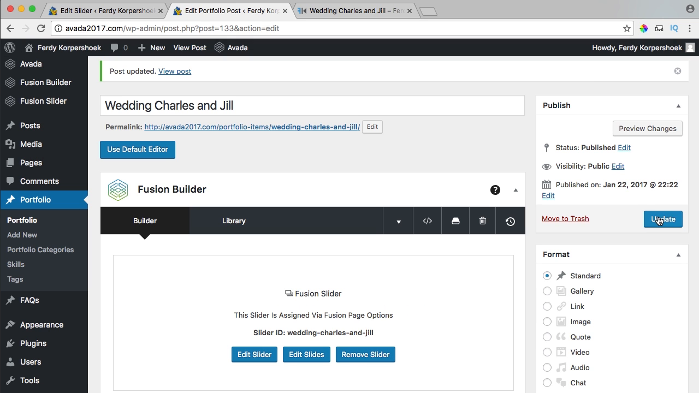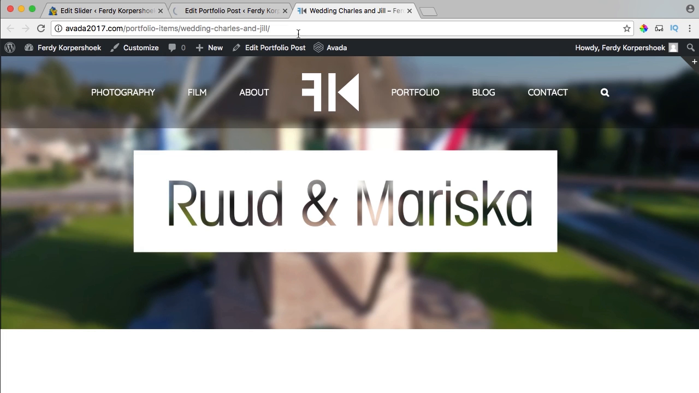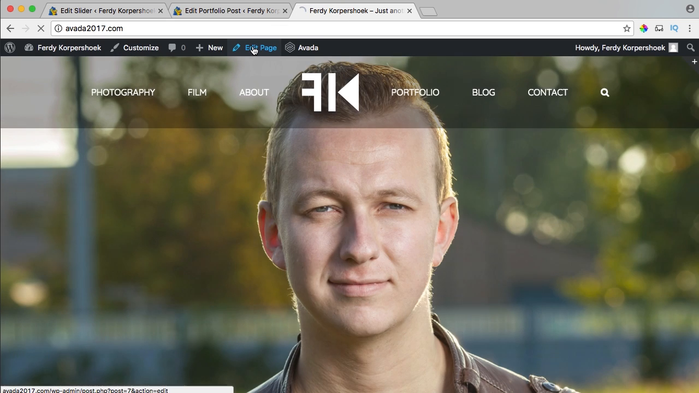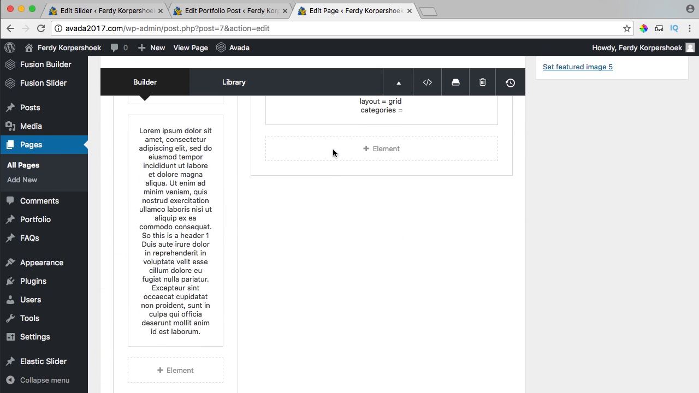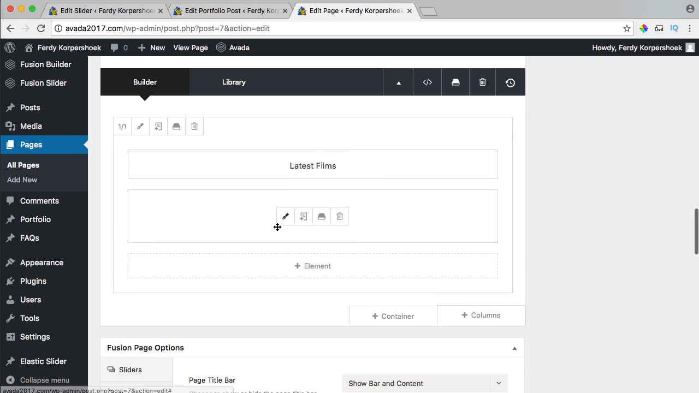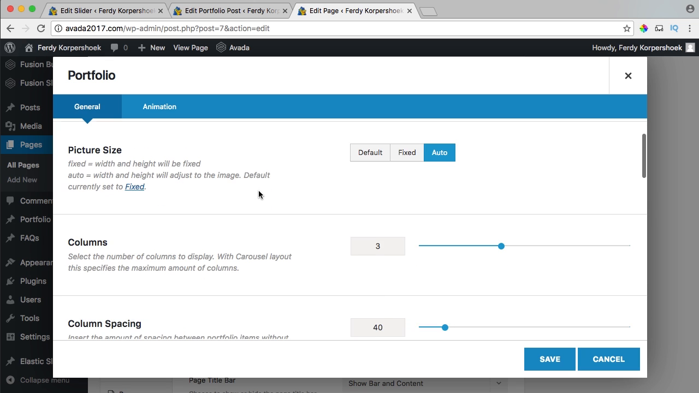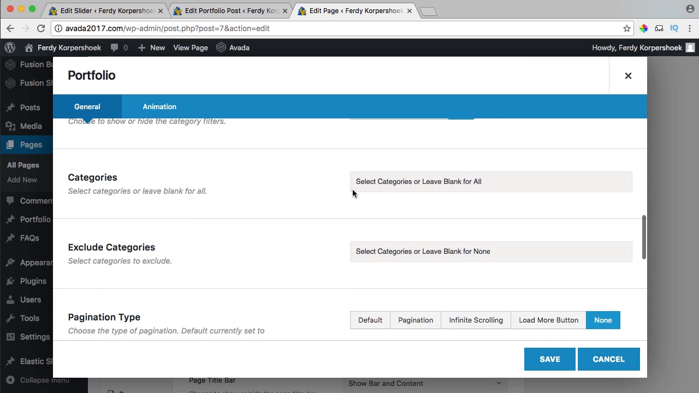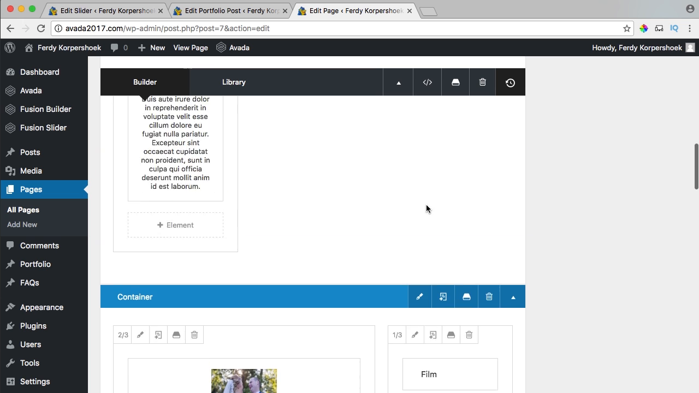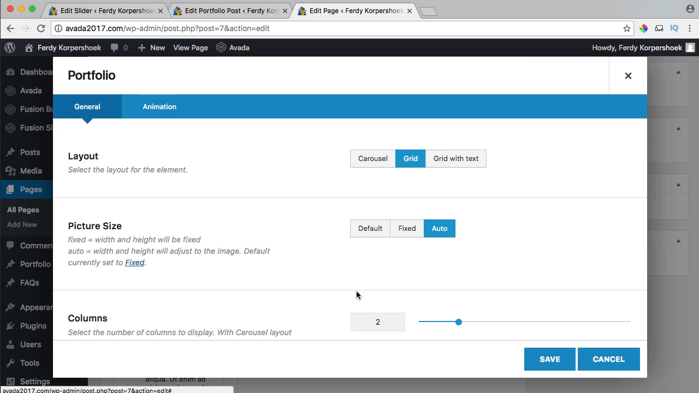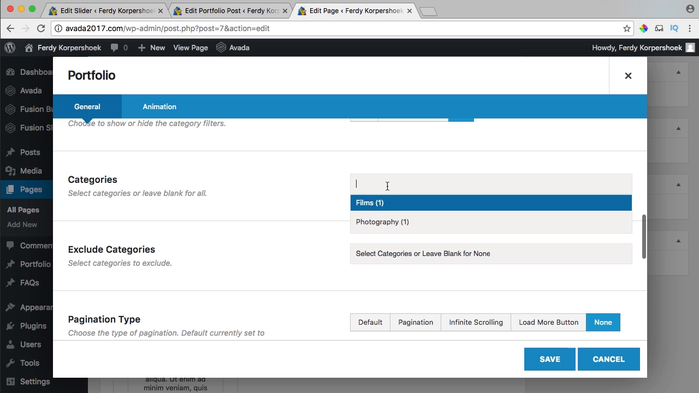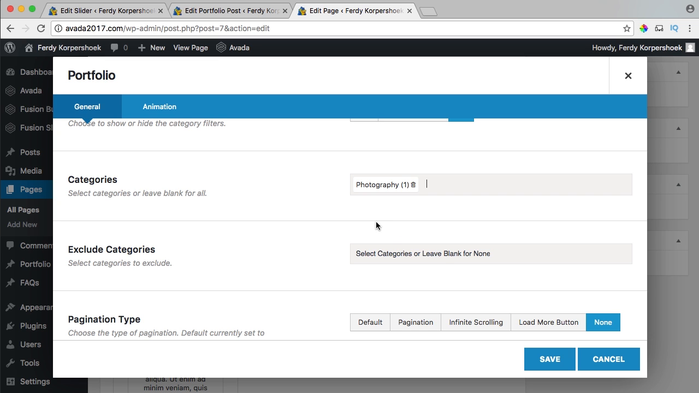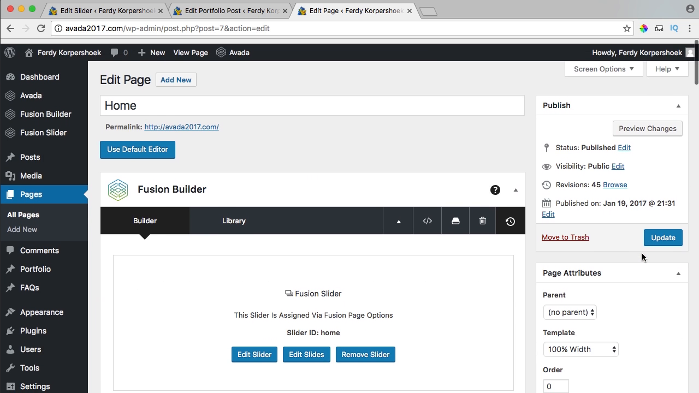So I close this, I update it, and now I go to the home page and I edit the page. I scroll down to film, and now I click on portfolio and I can select a certain category, which is films. So no more photography. Save it. And also over here at photography portfolio, I can select only photography. Save it, update,